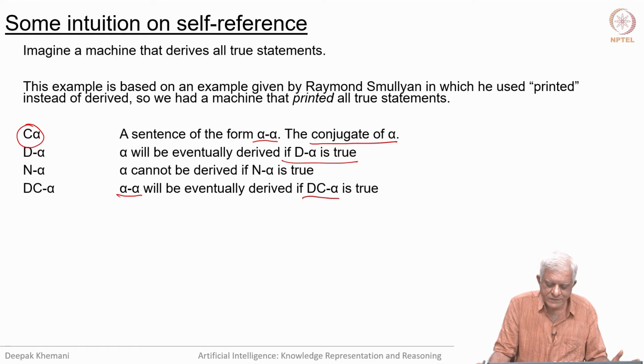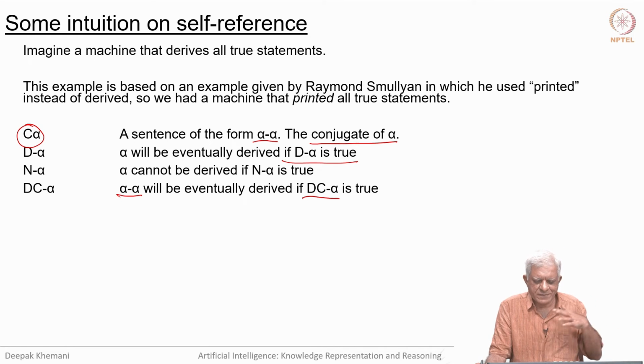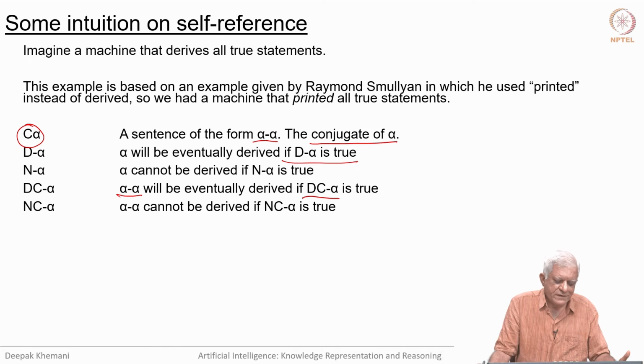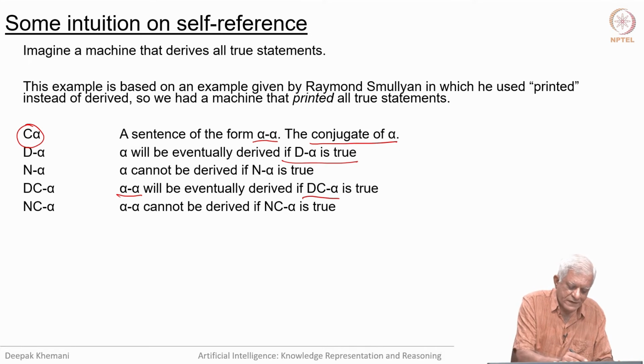So, if DC alpha is true, then at some point alpha hyphen alpha will be derived or printed. That is what Smullyan said. Maybe printed is a better analogy to think of here. And finally, if you say NC alpha, it means that if NC alpha is true, then alpha cannot be derived